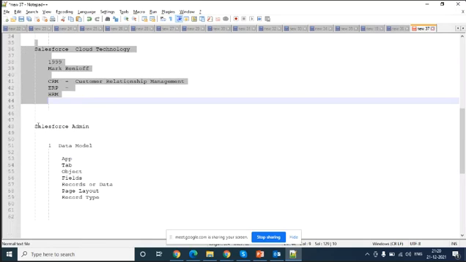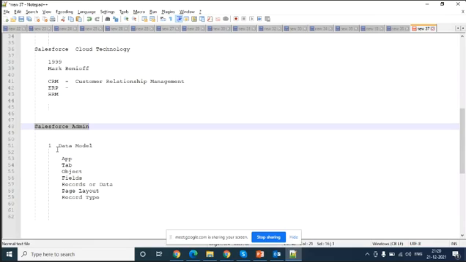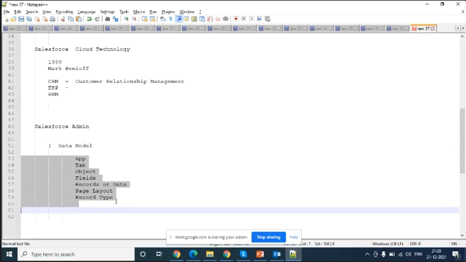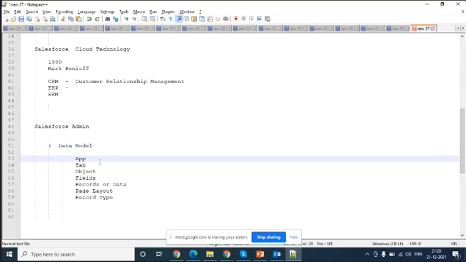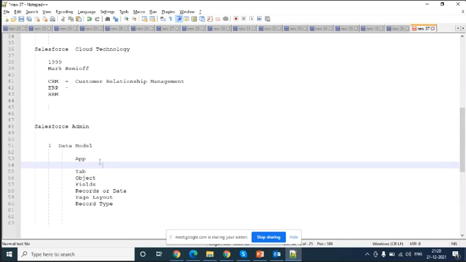Now come to Salesforce admin. We have a data model, which is the first concept. In it we have multiple child concepts or sub concepts. Think about it: you are trying to build some software.